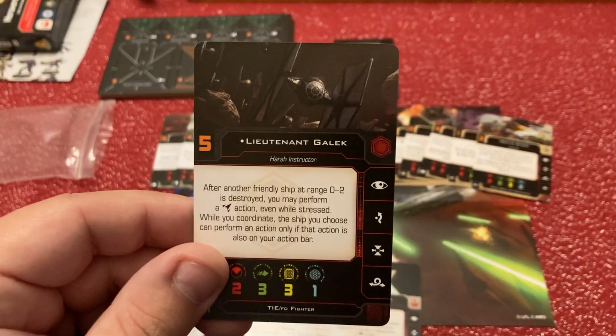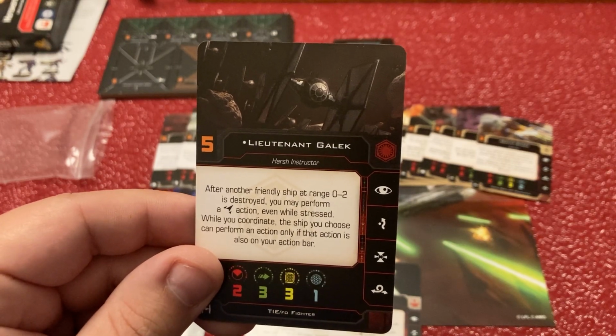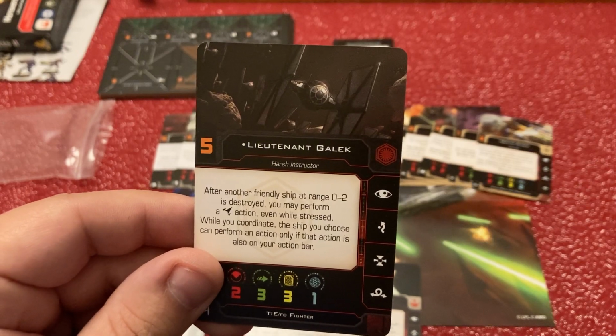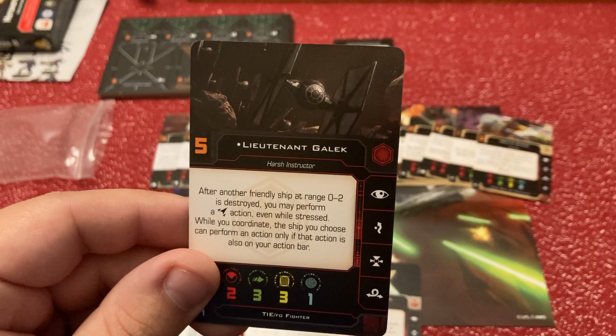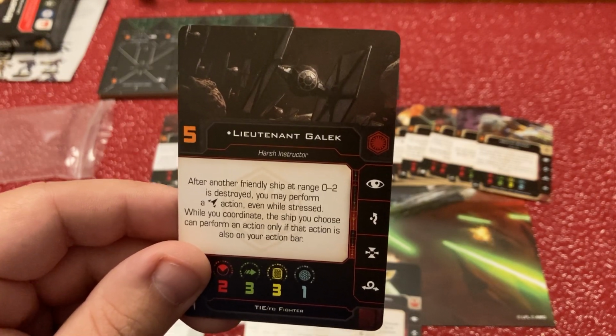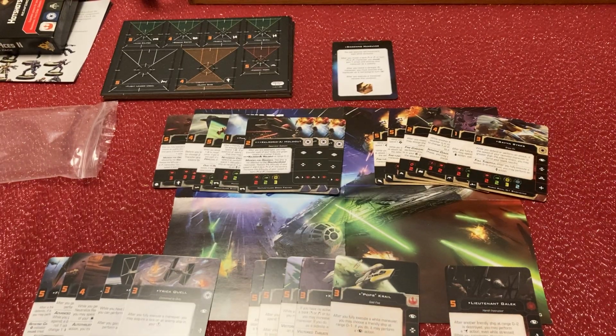We have Lieutenant Gallic for the First Order TIE Fighters. After a friendly ship at range 0 to 2 is destroyed, you may perform a coordinate action even while stressed. While you coordinate, the ship chosen can perform actions only if that action is also on this ship's action bar. So that's